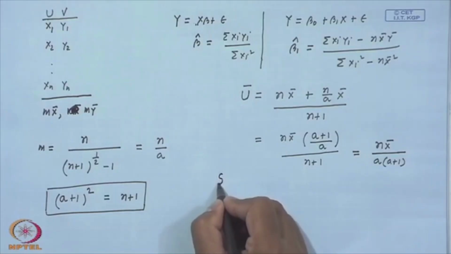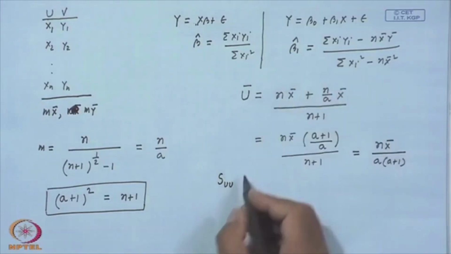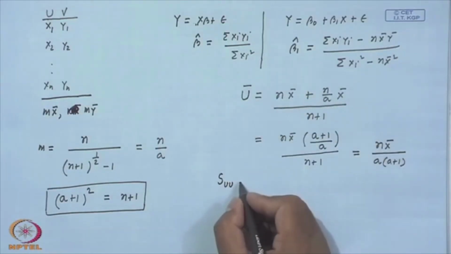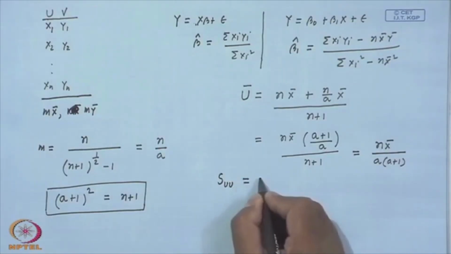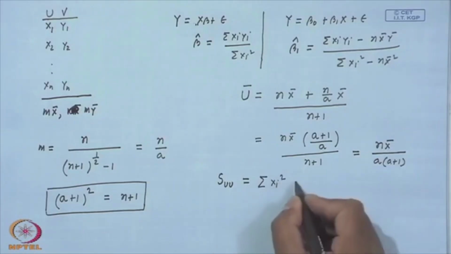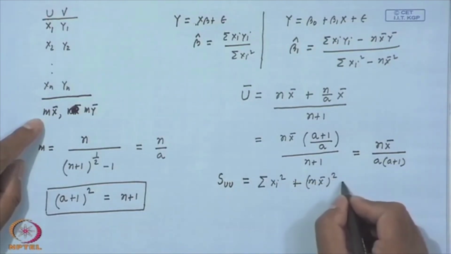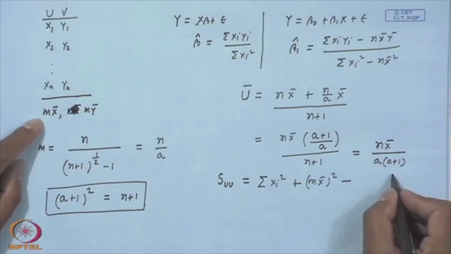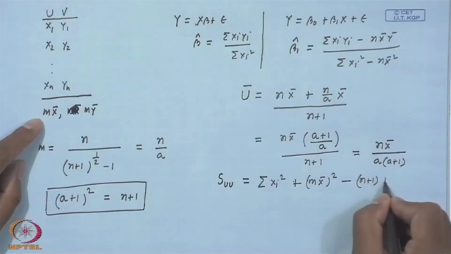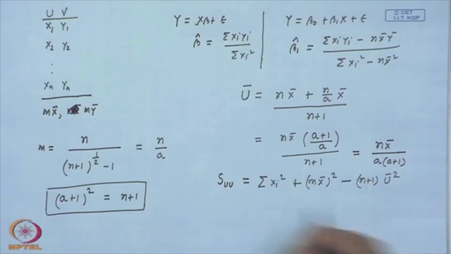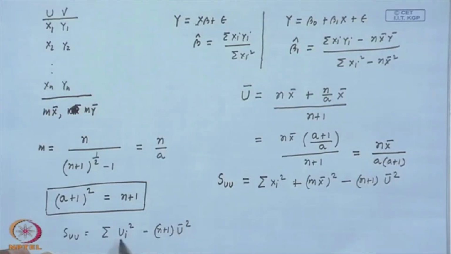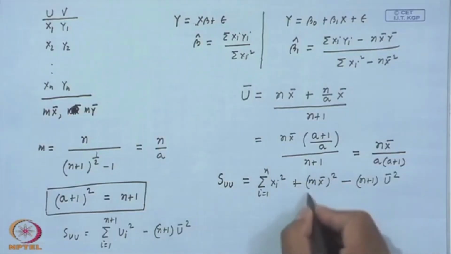Now let me compute S_uu. S_uu is nothing but, you know what S_xx is. So, S_uu is equal to summation x_i square plus the new data m x bar square minus n plus 1 u bar square, right, because S_uu is nothing but summation u_i square minus n plus 1 u bar square, and here i is from 1 to n plus 1. So, that is what I wrote here, and here i is from 1 to n, and then this is the n plus 1th data,